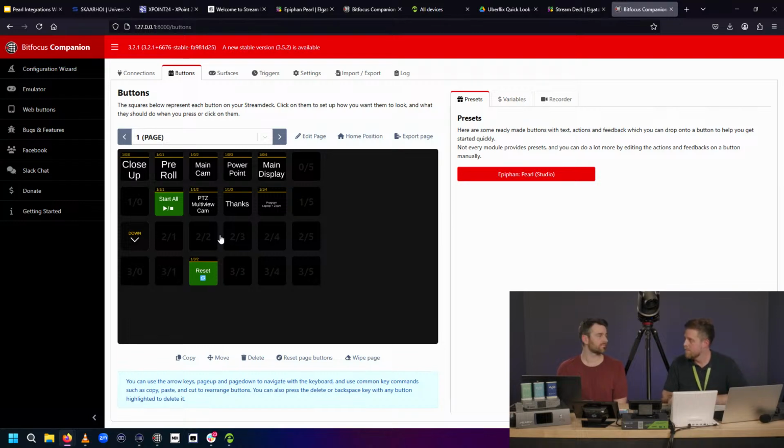It's very popular in scenarios where people want to go deeper and have more control, and maybe they have many different AV devices in their integration and want to do it all through a single interface. The plugin we have on the Elgato Stream Deck Marketplace is going to be really good for most people. But if you need a little more, like scheduling things you really need to do on-prem, then BitFocus could definitely be something to look at.